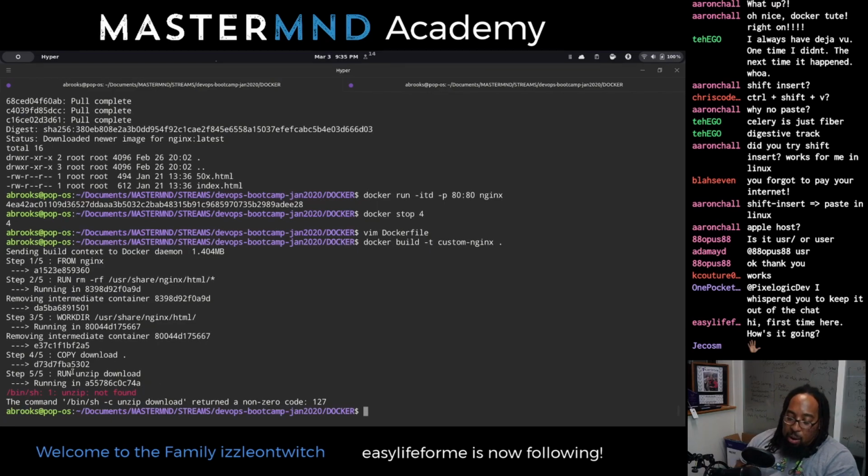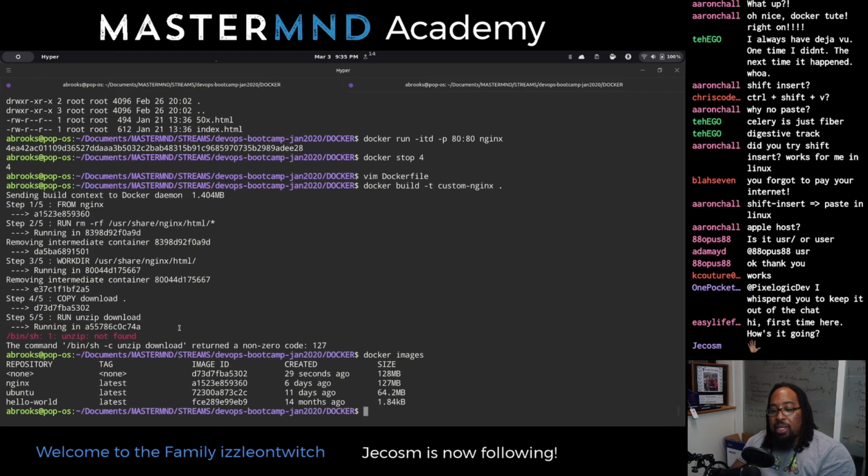So our build did not actually work, and you can confirm that by looking at your images. Docker images, and we get this none here. And these are very annoying. They fill up fast when you're failing to build correctly, it doesn't tag properly. So this is basically like a broken image. It does not have what we want in it. I'll remove it later, but we do not see the image that we want, which is custom Nginx.